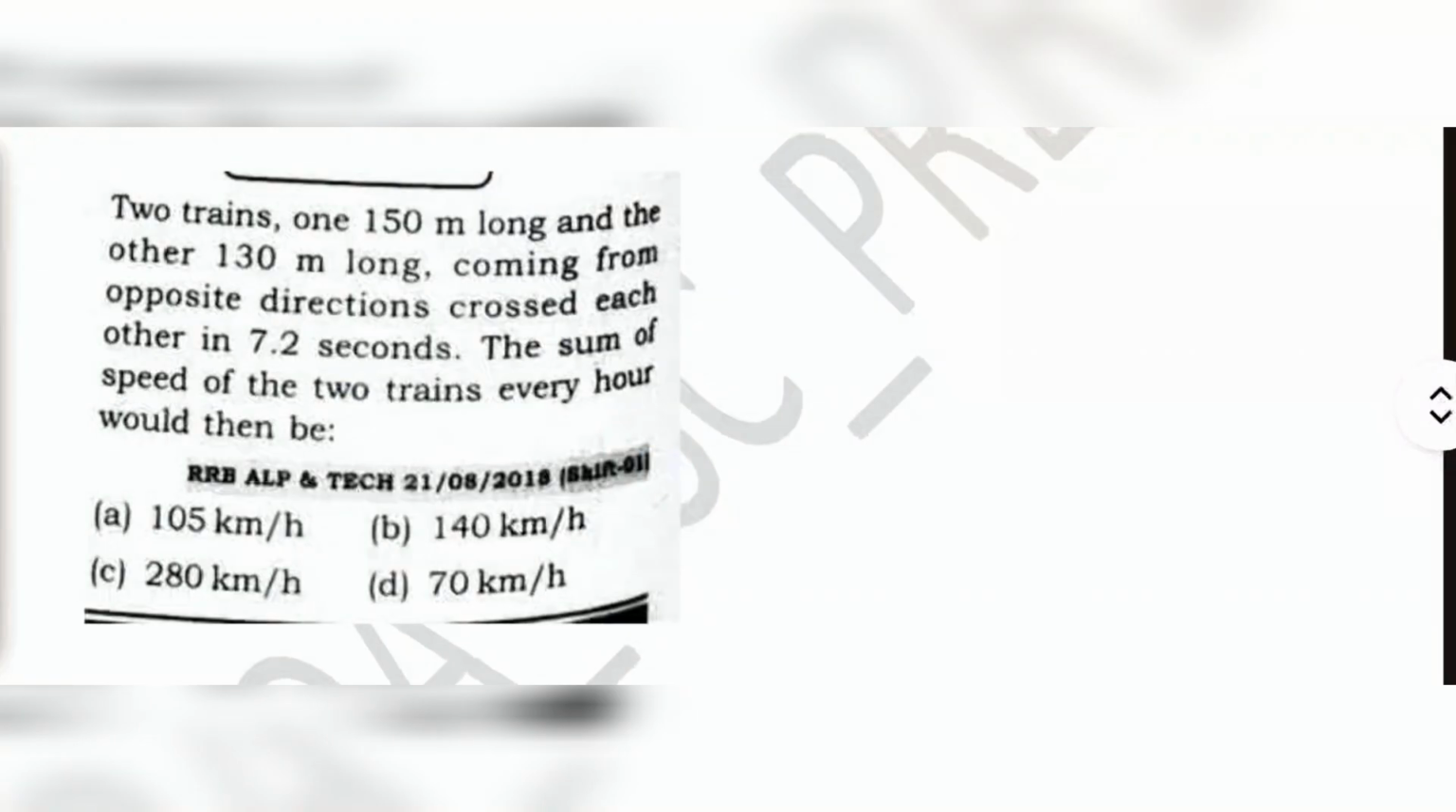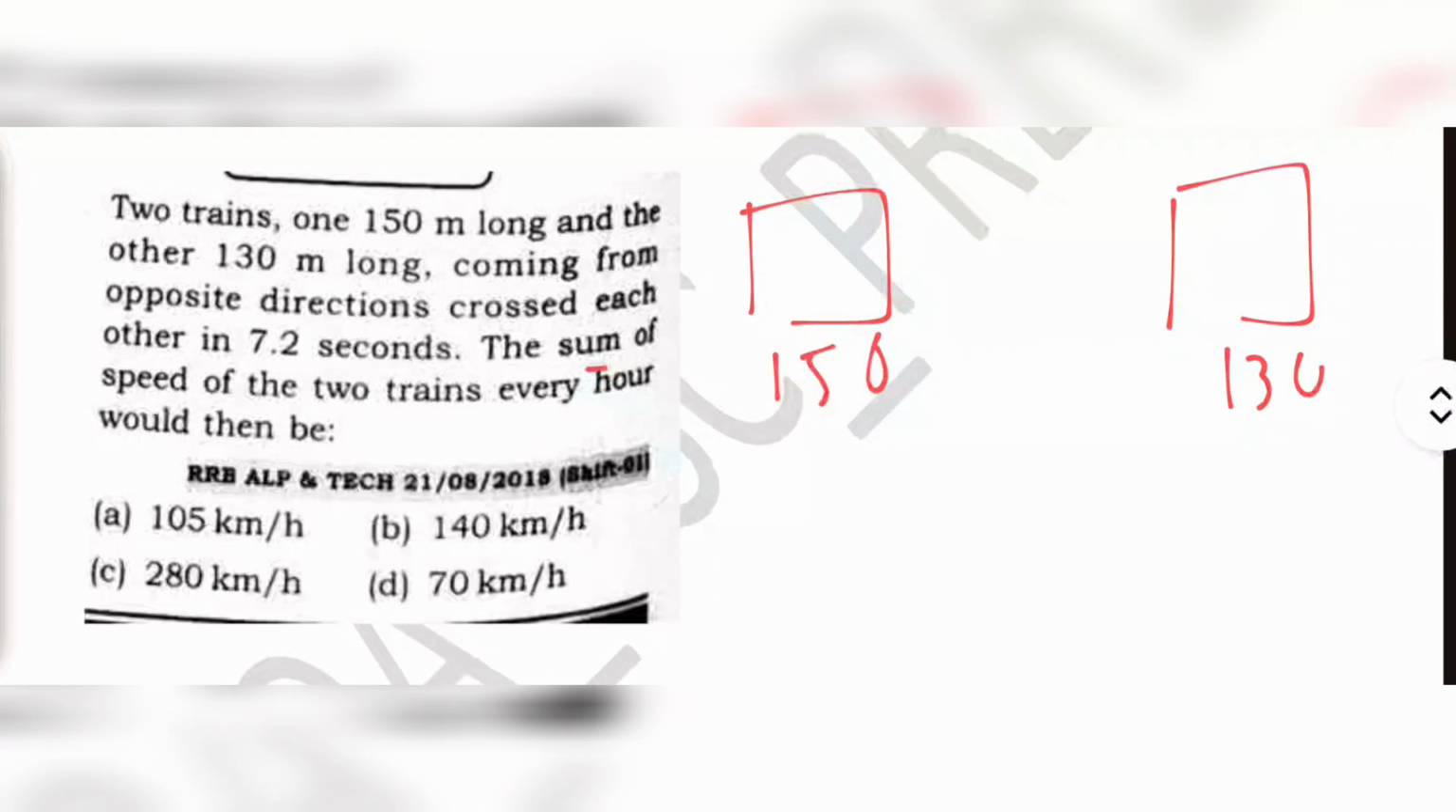Two trains, one 150 meters long and the other 130 meters long, coming from opposite directions, cross each other in 7.2 seconds. Find the sum of the speeds. So now this is train 1, this is train 2. This one's length is 150, this one's length is 130. They cross each other in 7.2 seconds. We are told to find the sum of the speeds of the two trains